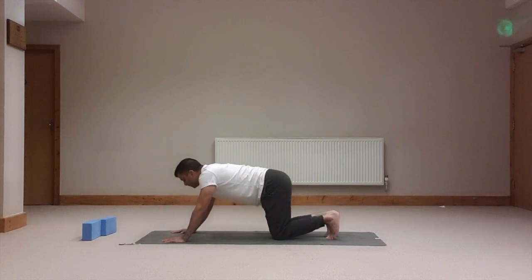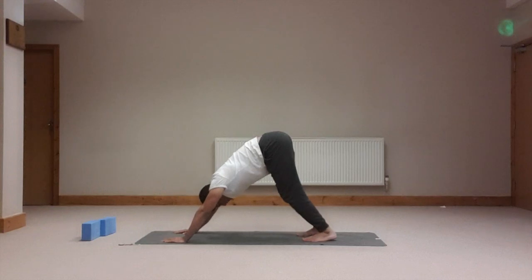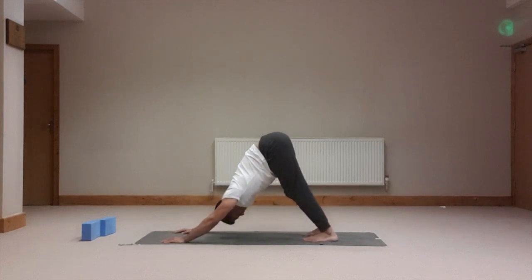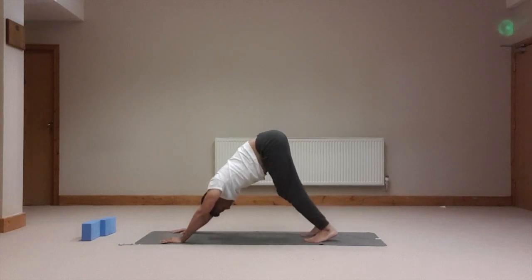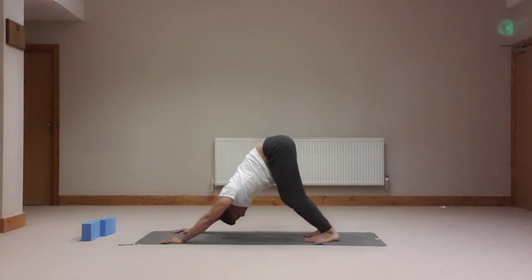I'm going to bend the knees. So first bend the knees and step the feet into downward facing dog. Now imagine if your downward facing dog doesn't look great. What do you do? You drop your knees, bring your chest down to your thighs, and then straighten the legs here. And then that improves your downward facing dog. If your feet are not touching the floor so much, you can step your feet forward a little bit and then start working on bringing those heels down to the floor. Bend the knees,